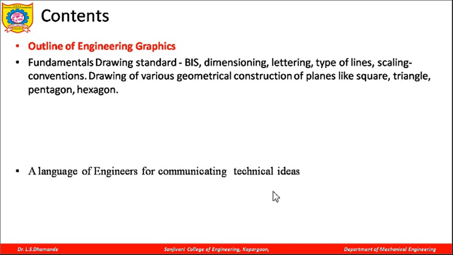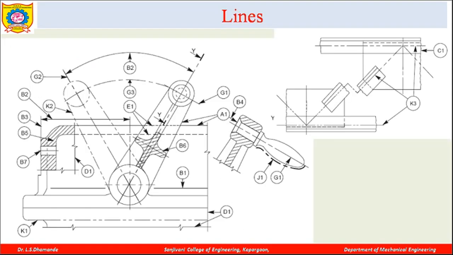Now in this presentation we are going to talk about the different types of lines and lettering used on drawings. As an example, first we will see this particular diagram. In this diagram you will find that many different lines are used, with different line thicknesses, and the way of drawing the lines is also different. Here all these different lines are marked with certain letters.